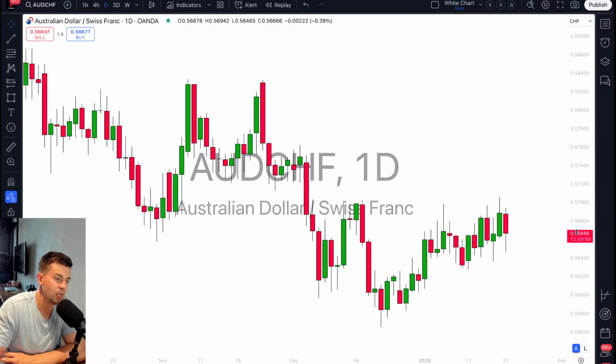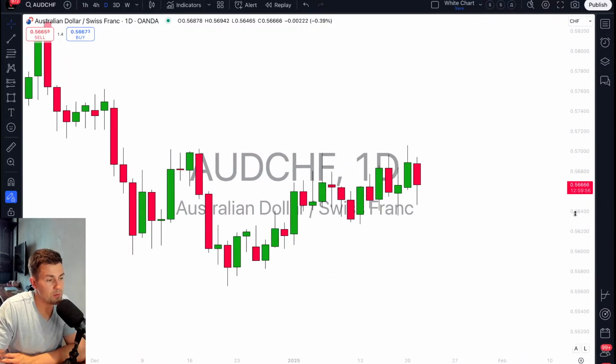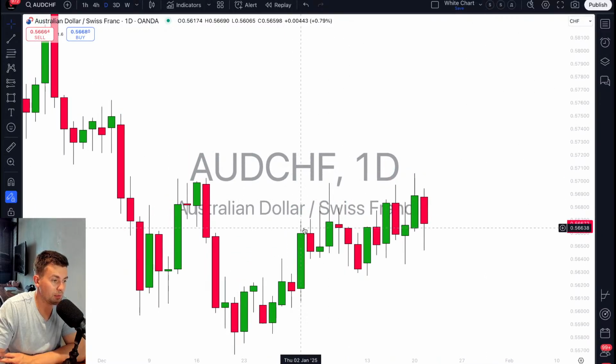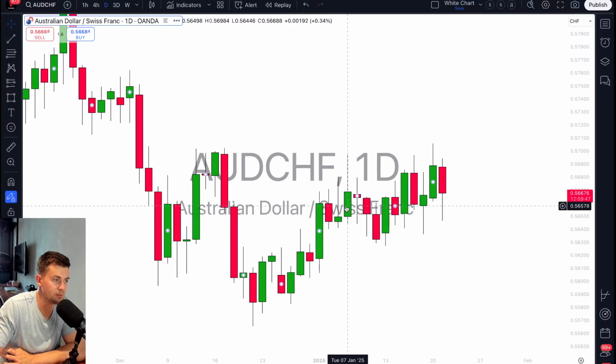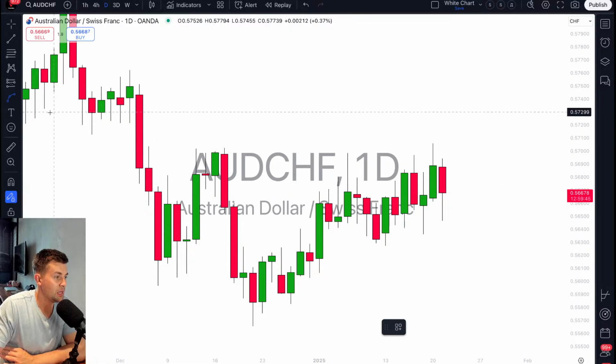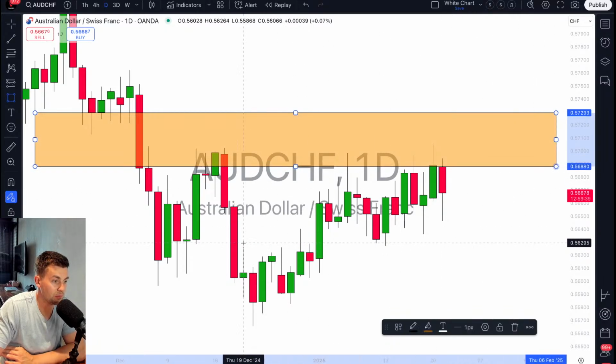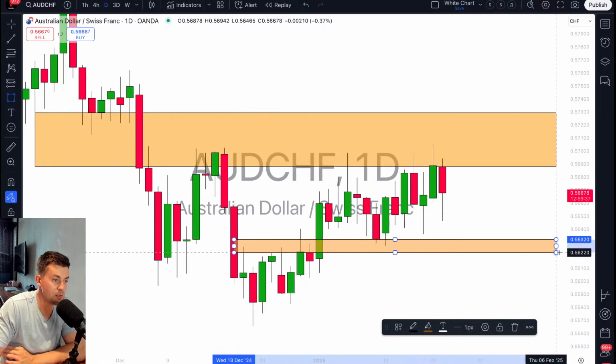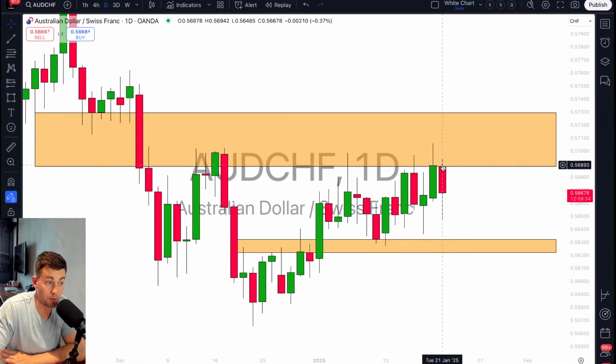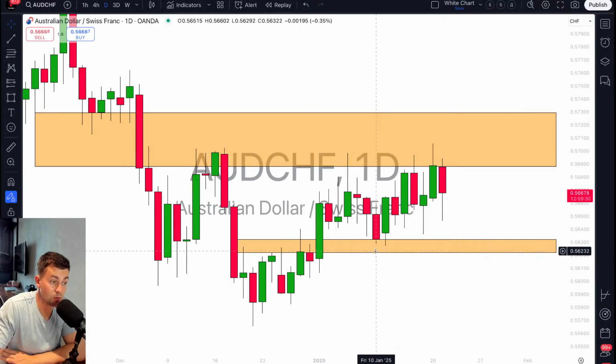So Aussie Swiss looks very, very boring at the moment, and I guess you saw that since the beginning of the year we are consolidating, we are ranging, and so far we have a very significant strong horizontal resistance that the price respects right here, and we also have this strong support right here. Recently the price tested that resistance. From that resistance we saw a strong bearish reaction, and